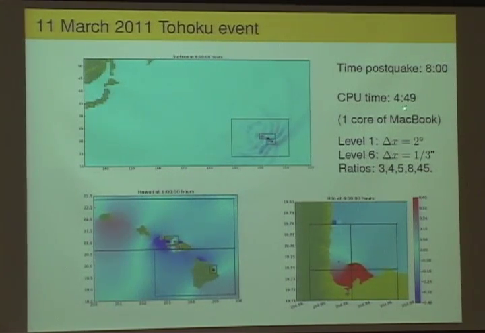And so the total computing time is close to 5 hours, but almost all of that time is once you zoom in on the region that you really want to study, and it depends on the resolution you have there over the time period that you want to look at it, how much time it's going to take.